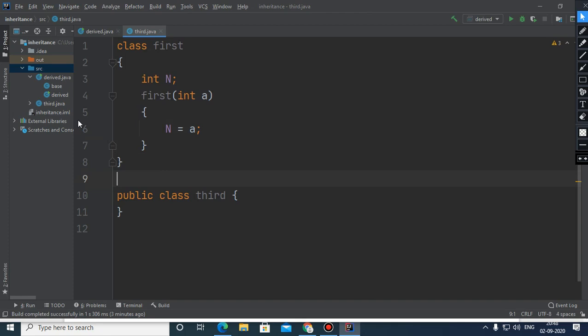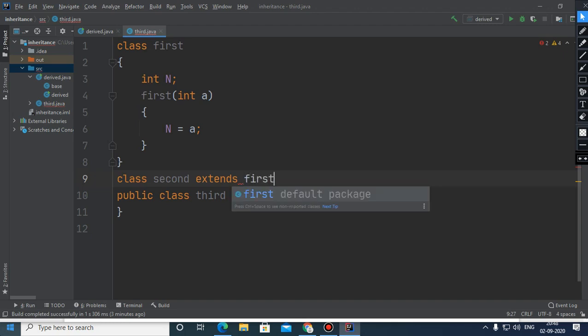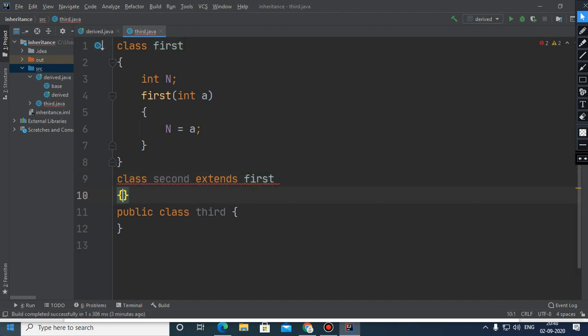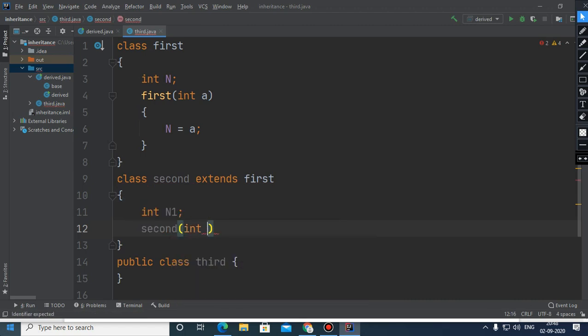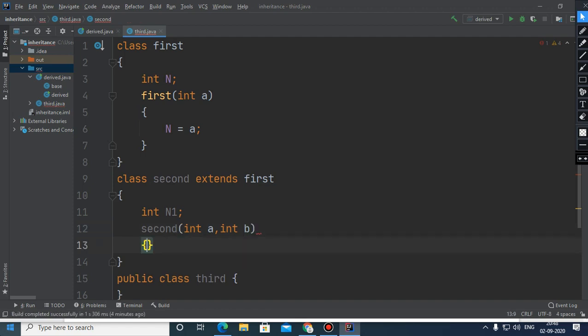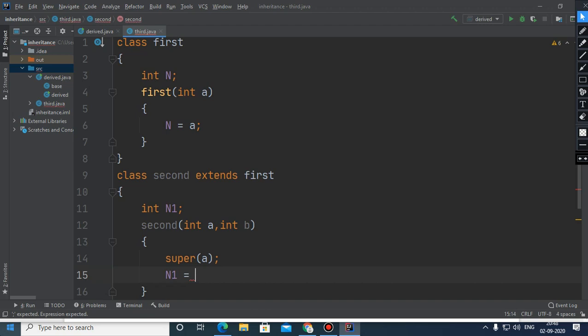So suppose the specification of this class is over, and now another class which is second, and which is going to extend the features of first. And here what to do, we have another variable which is n1, and here you can see that second(int a, int b), and here super(a), and n1 equals b.